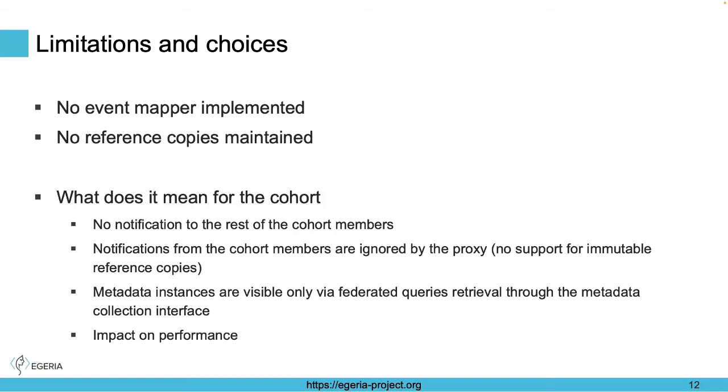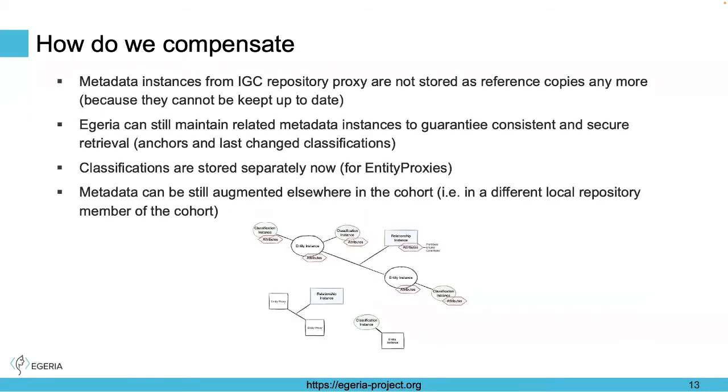That's why we are also looking into different approaches, some of them quite interesting, mentioned later on in the other caching pattern. So for some of these, we managed to compensate a little bit. At first, the event mapper was considered to be a required component. The design of Egeria was such that it always expected that to be present in a repository proxy pattern. But later on we learned, so we also made it optional.